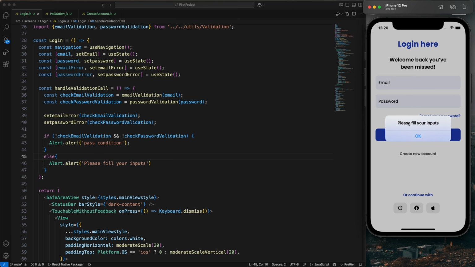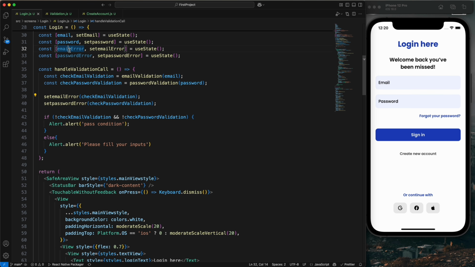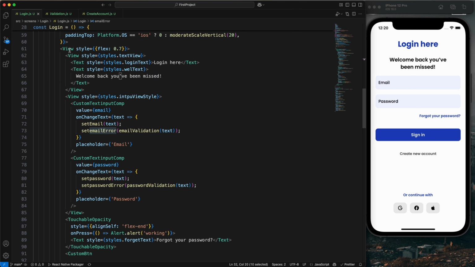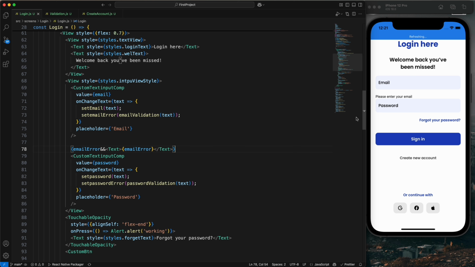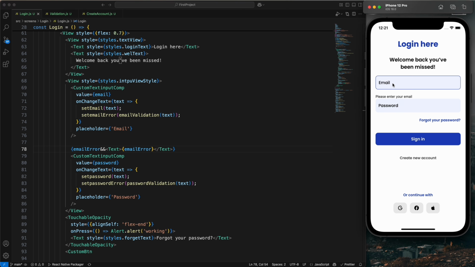Let's see. So now I'm going to show the errors. Just copy the email error and just take one text and just paste it and apply the condition. If there's any value in the email, it will show the email. If there's no, so let's see. Now you can see, please enter your email. If I type the email,